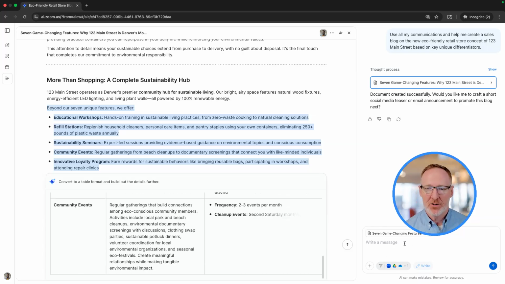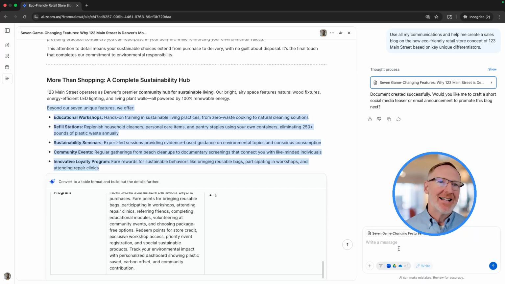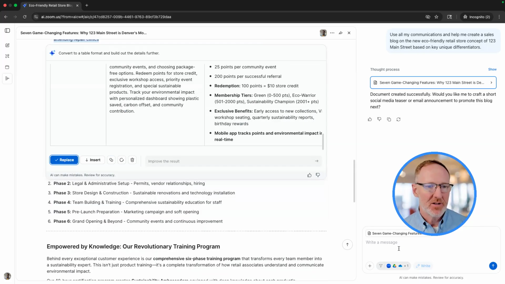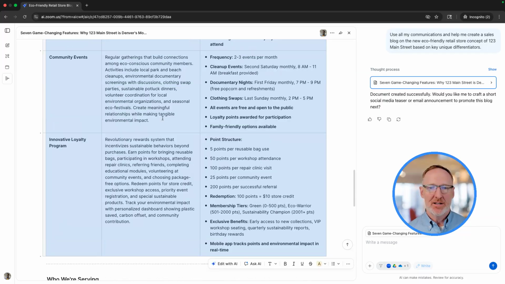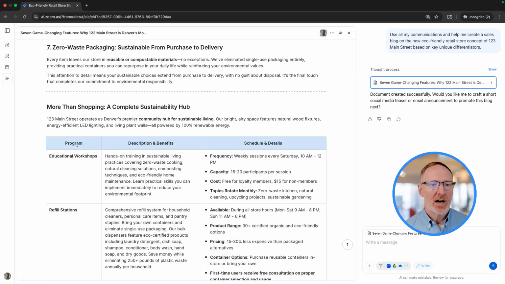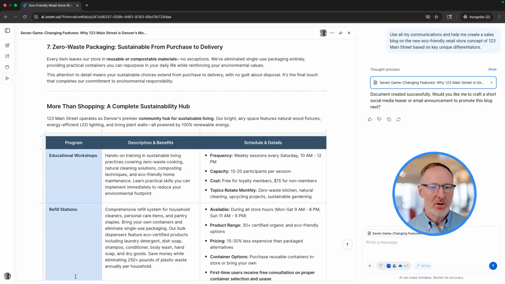And I do have the ability on the right-hand side to prompt from right to left as well, adding sections on particular value add pieces of the document. Once it's completed, I can choose to replace it or simply insert it. We'll replace what was in there, and we've now got a really nice table that we can continue to modify and edit based on our preferred